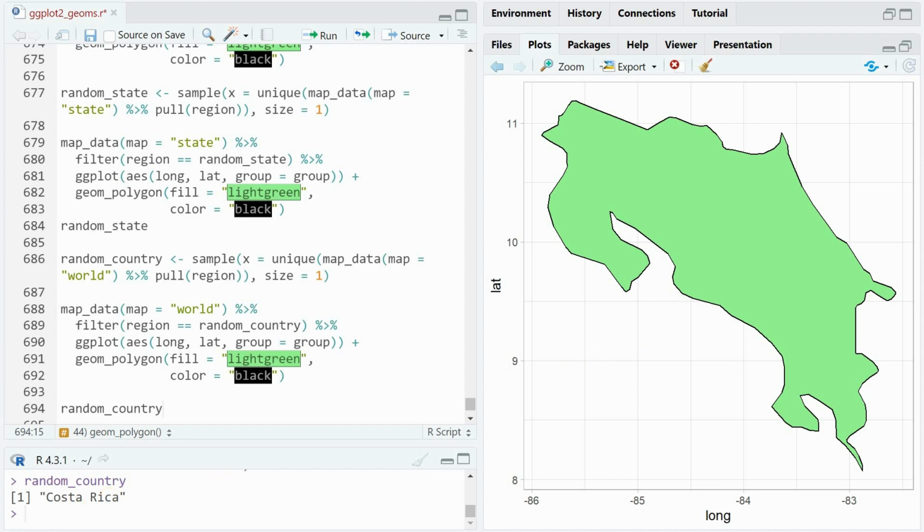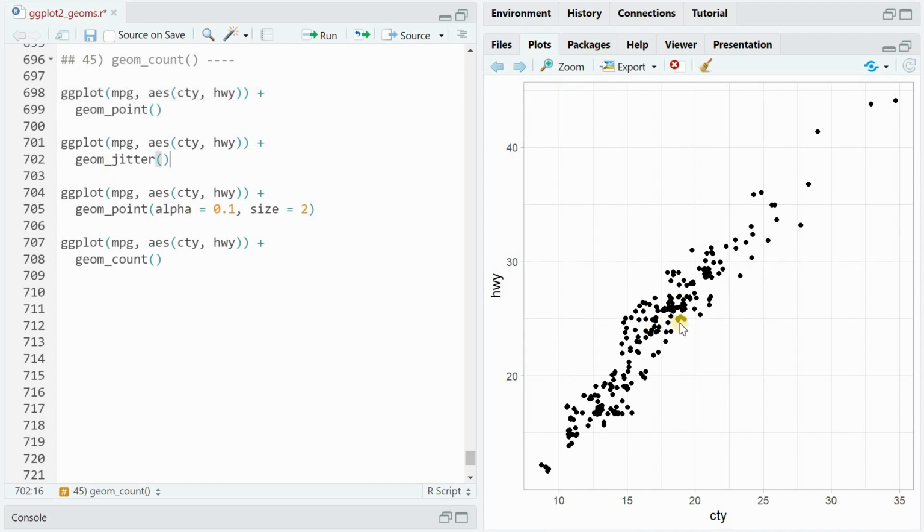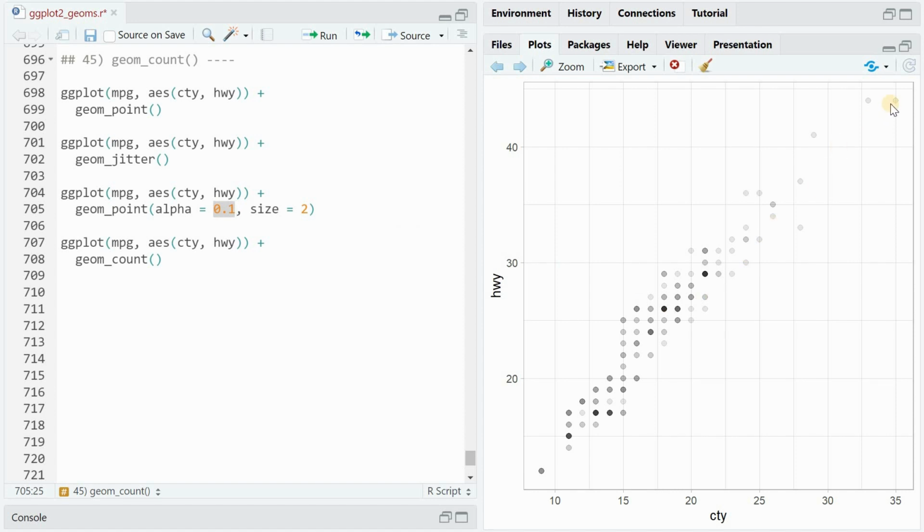Next I want to show you the geom_count function. So the mpg dataset has a variety of cars with a city mileage and a highway mileage, and that's the correlation. But if you just use geom_point, then you wouldn't notice that many of these values overlap. You could of course use geom_jitter to introduce some noise, or work with a really low alpha value, and then you see where unique combinations of city and highway mileage lie, and that here you have an overlap of